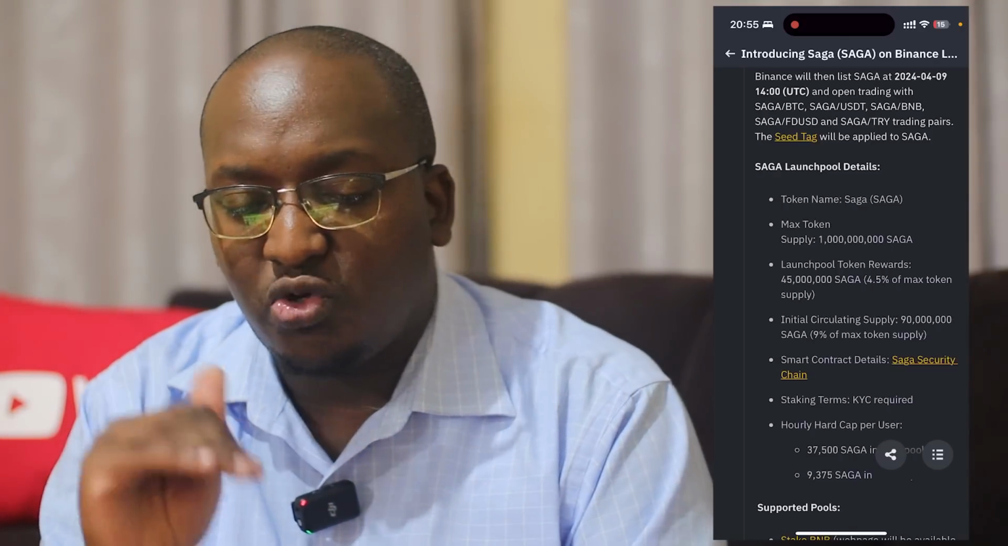This is not financial advice. This is from my just looking at the token. So it could be around $4, $5. It can go up, it can be lower because this is a new token. You never know what will happen. And then you need to also know that it will be listed and have the seed tag, meaning it's highly volatile. So you can sell some when it launches,